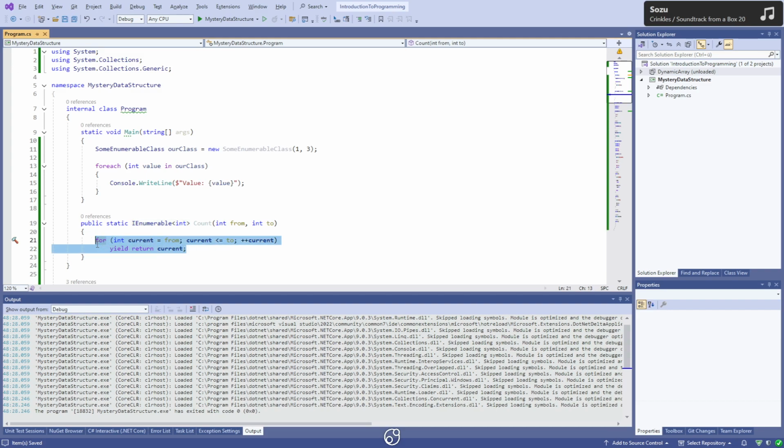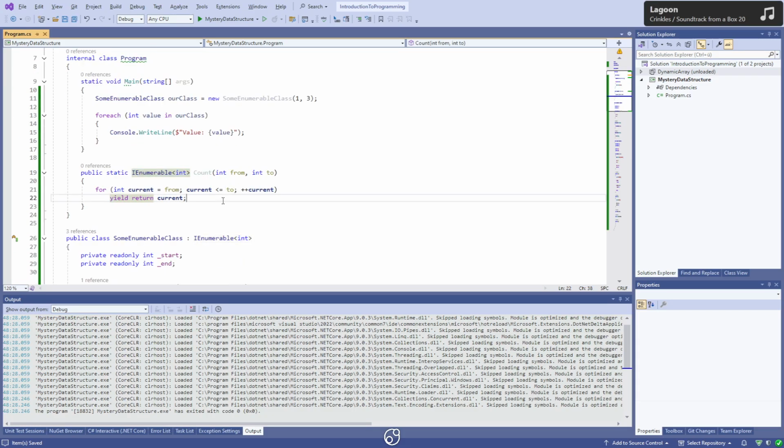So we are generating a series of values that get returned one by one in form of a very special enumerable that is constructed by the system for us. So we don't have to write our own class for that. For this case, it will sort of make its own class and put all the data in there. And the return just means this is one result for one MoveNext. So if one were to call this method and get an IEnumerable, the first MoveNext would result in current being filled with the first value from the first loop. And once that is done, once the value is read,